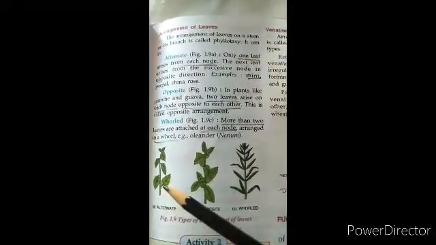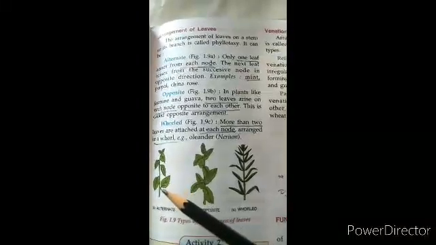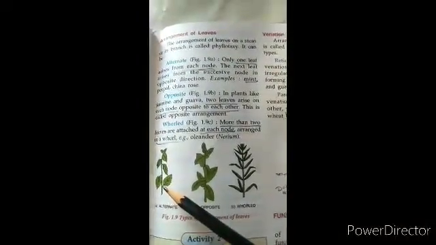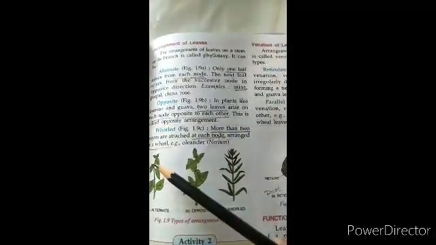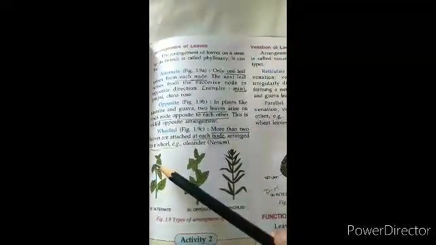When we look at the arrangement of leaves, in our syllabus we have to study based on this diagram as well. It's very easy to understand. Look at the first arrangement, alternate. Alternate means the way the leaf is attached to the branch. If one leaf is attached at this point, the other leaf is attached alternatively at the other point. The third leaf is alternately on the other side, and the fourth is opposite that, but a little higher. So this is alternate.